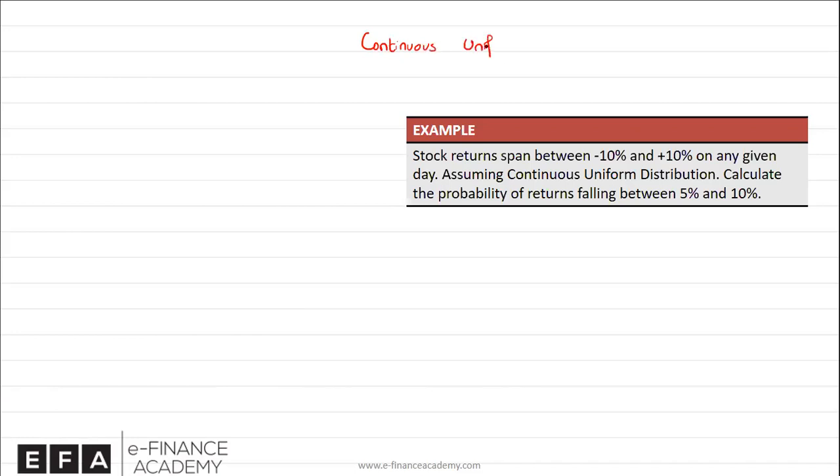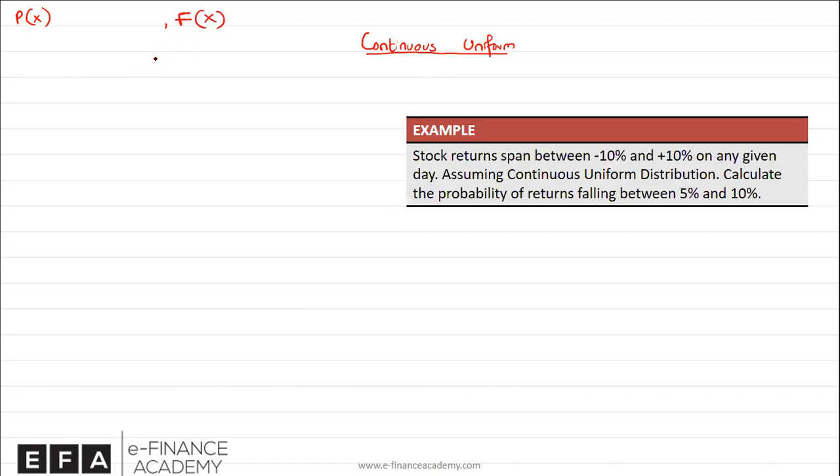So that's our continuous uniform distribution. As we said, basically it's a distribution which is defined over a range that spans between an upper limit and a lower limit. So you can find two sets of probabilities. You can find the probability of X, which is the probability of outcome X, and you can also find the cumulative probability of